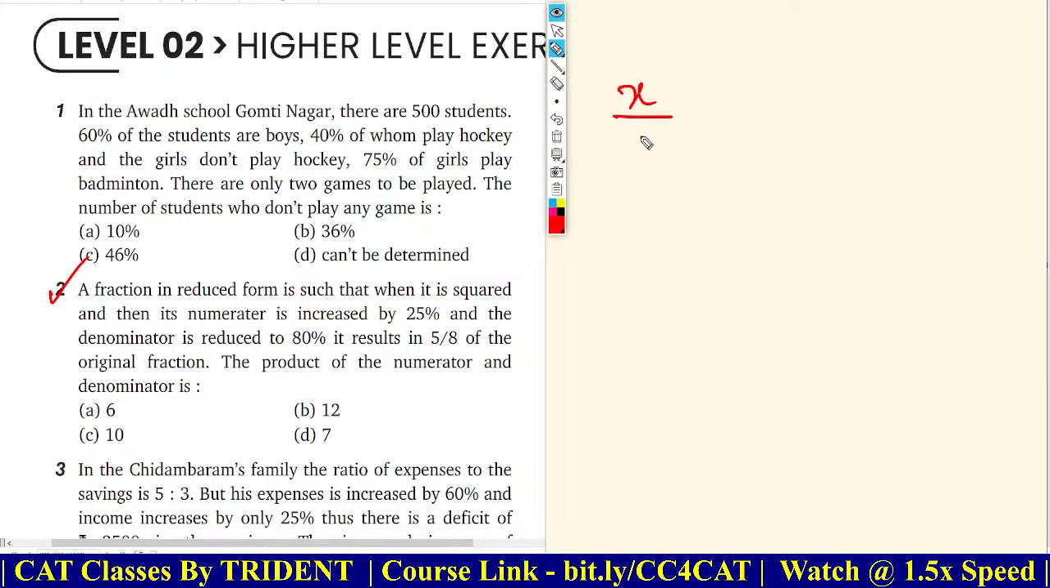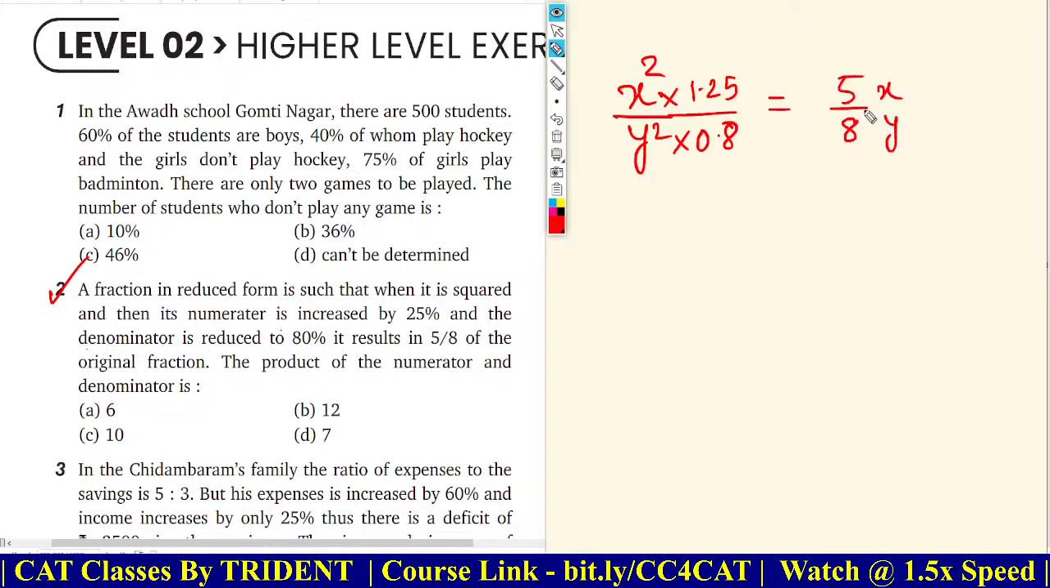So suppose the fraction is x by y. What they are saying is they're squaring it and then increasing the numerator by 25%. So I can just use the decimal 1.25. And the next thing that you need to be very careful of is that the denominator is reduced to 80% and not reduced by 80%. This is very important. This is the word that you have to pay attention to. I'll explain that, but before that, let me write it down. This thing results in 5/8 of the original fraction,